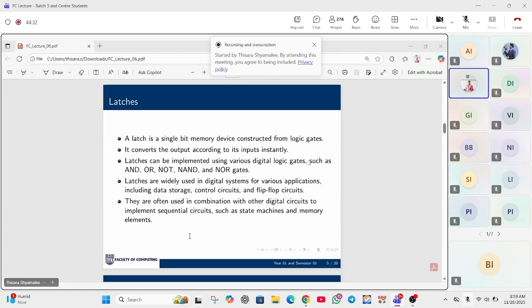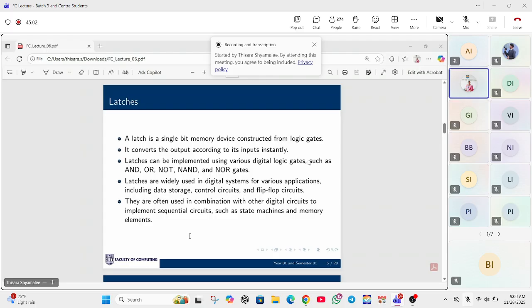Okay. Are you familiar with latches? The latch circuits? Yes, Miss. Okay. So when talking about latches, basically a latch is a building block in digital